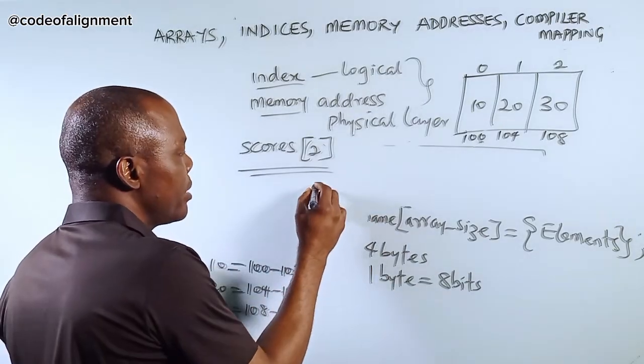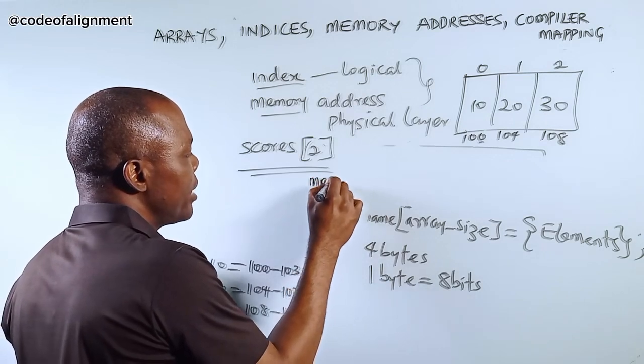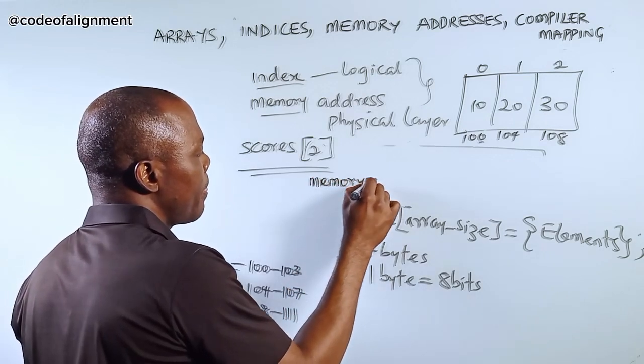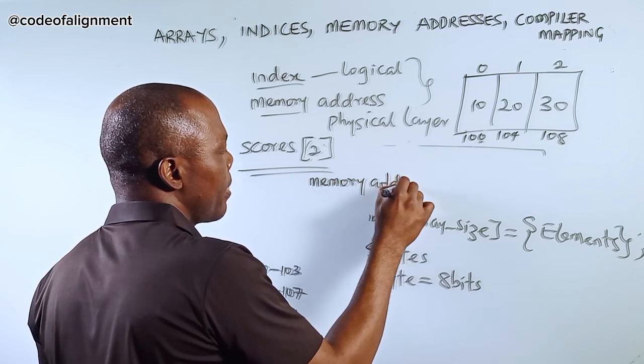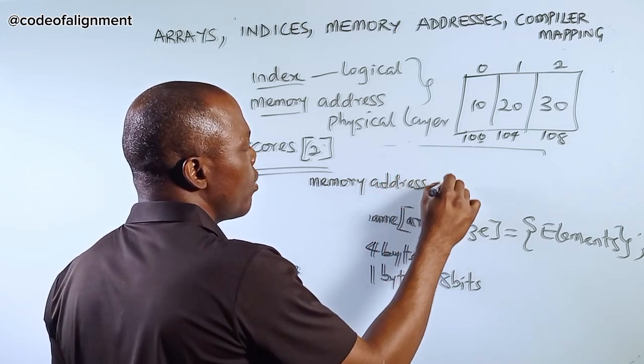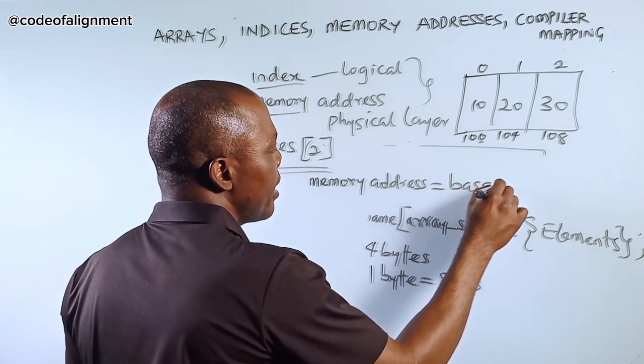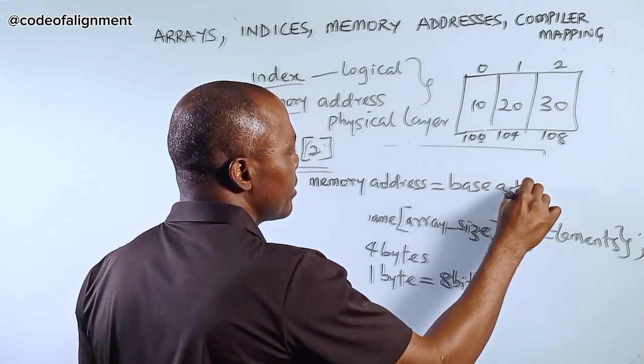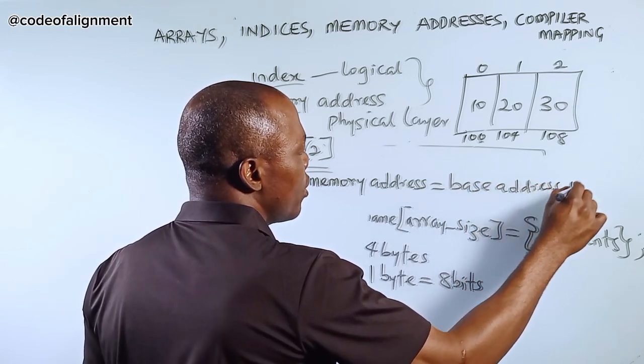To achieve that, the compiler will do memory address equals base address, right, plus offset,